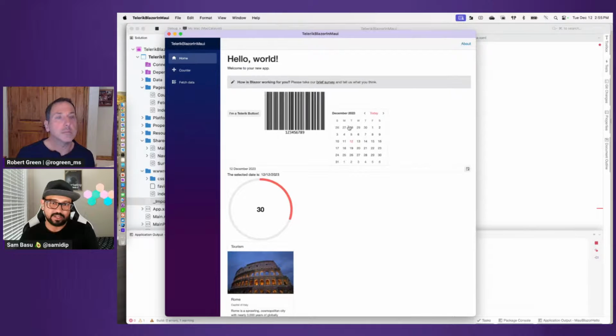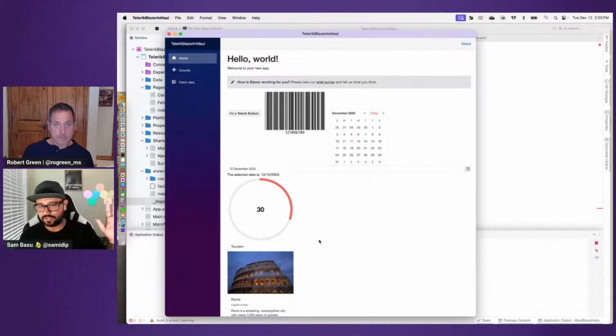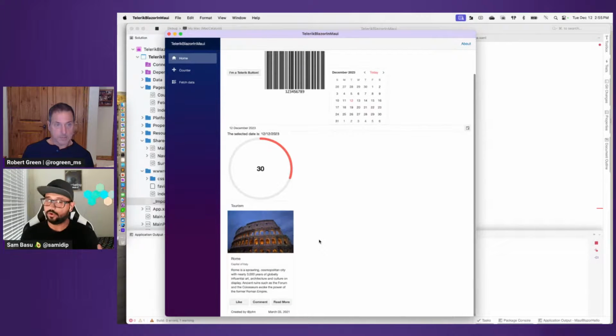But if I look at the index, all of this UI is actually Blazor UI, right? These are our Blazor UI components, like the QR code, the calendar, like the drop down here, any type of gauges and charts and graphs, everything that you do for web. If you have built custom components, these are Telerik components, but if you have built any components yourself, or if you bring in other third-party components, everything is welcome, because it's a modern web view. It will render everything that you want in it.